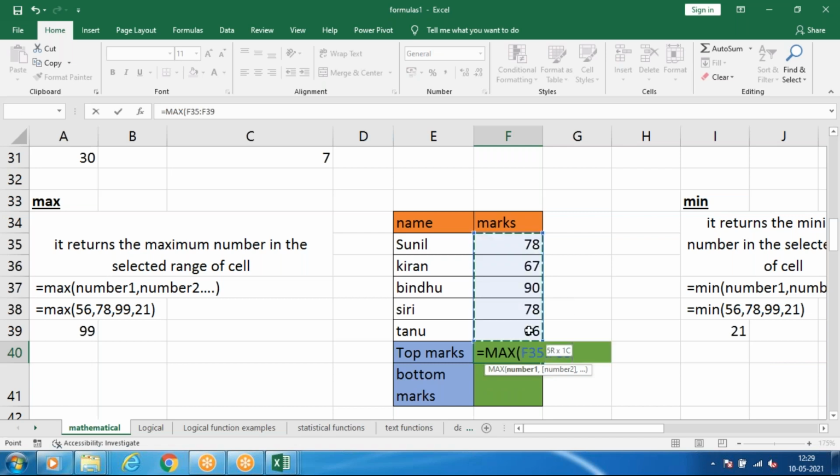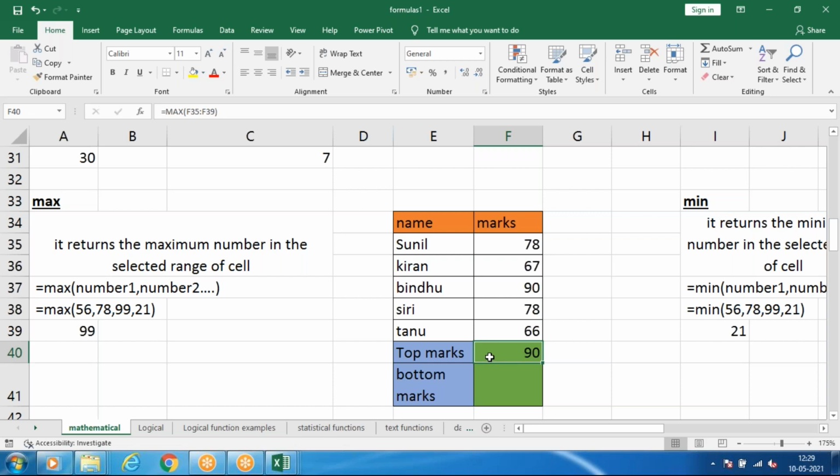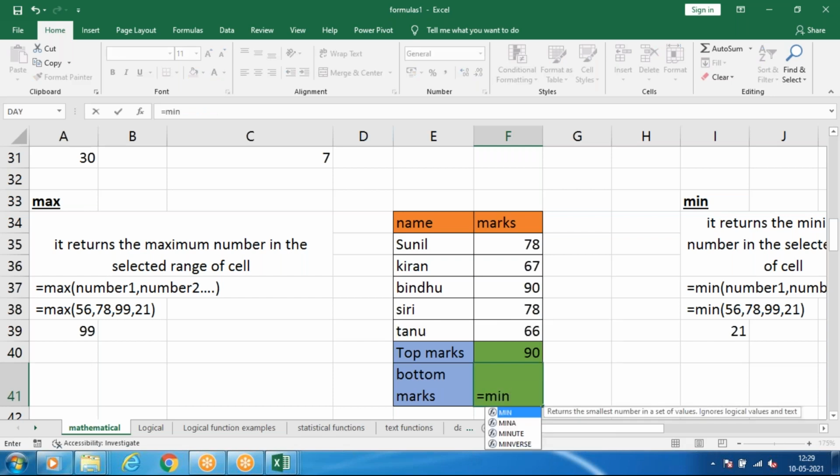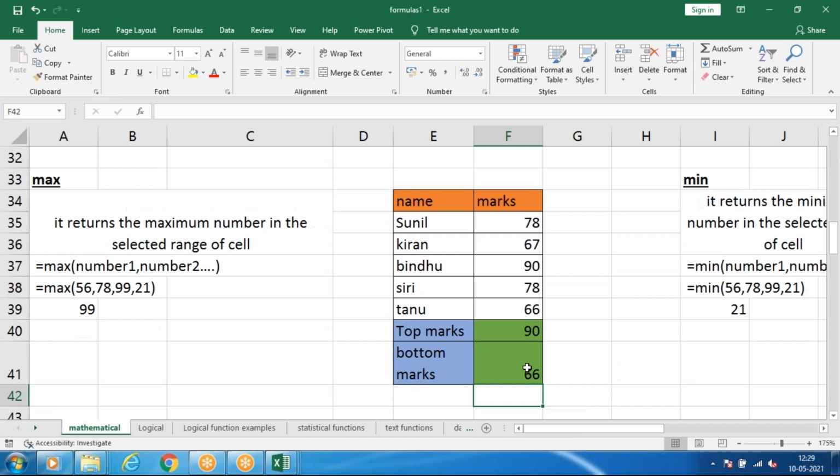Select the range and give OK. So the maximum is 90, and minimum is similar, equals min. Tab key, select the range. Don't select including the maximum mark. Then give enter. So this is minimum mark and this is maximum mark.